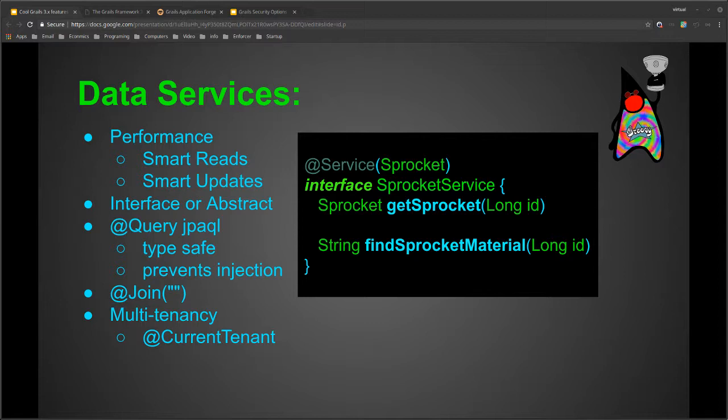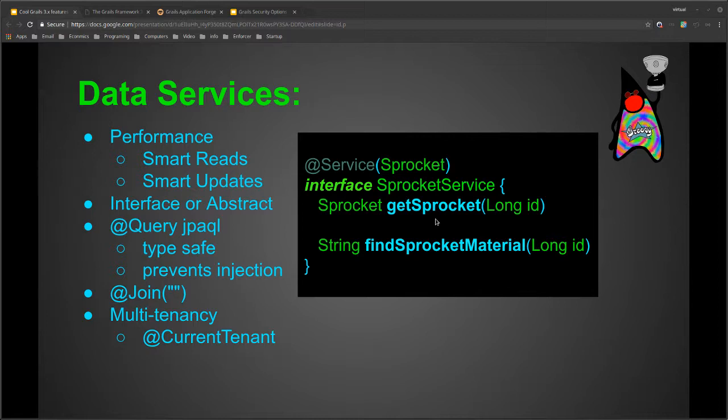So they made it so that you could write an interface like this and say things like get sprocket, it takes a long, and I annotate this with @Service so it knows that this is an AST transform, which will actually make the class for the implementation, so that I can call this method and it will set it to a read-only transaction and pull that off for me.